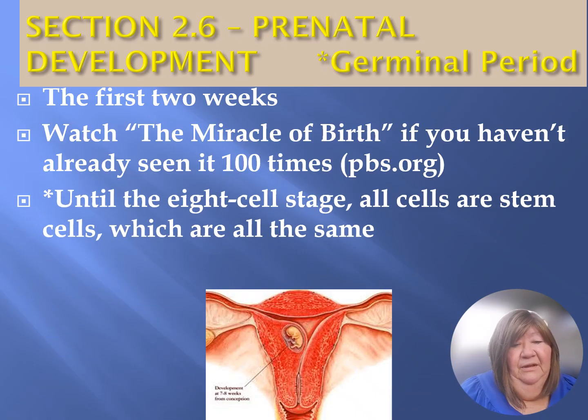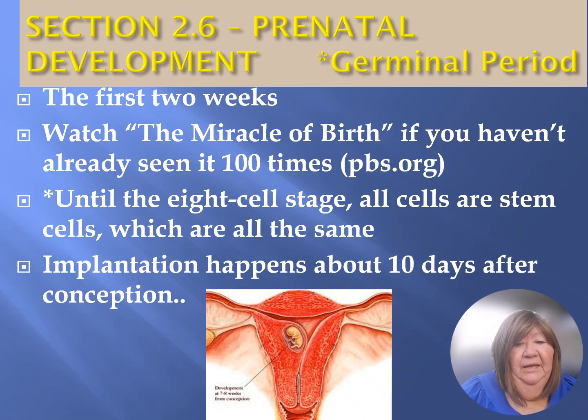Okay, the thing I found really interesting is once the egg is fertilized, it starts dividing until it gets bigger than 8 cells, divides into 8 pieces. All of those cells are stem cells, and they're all the same as each other. So if you're going to do stem cell research or pulling a stem cell off, you would have to do it in this early stage.